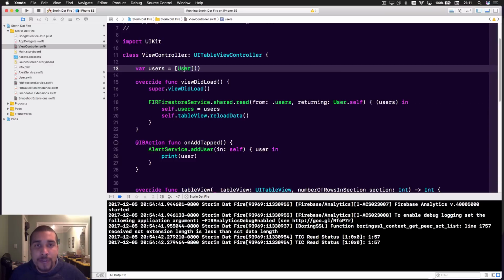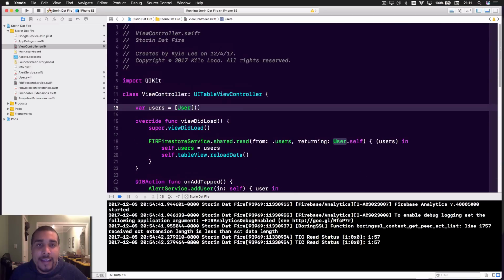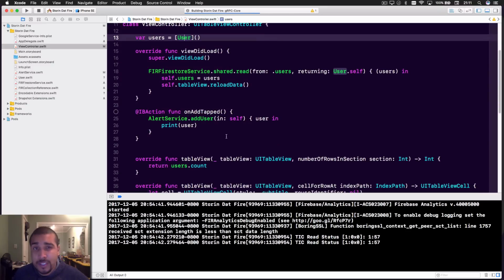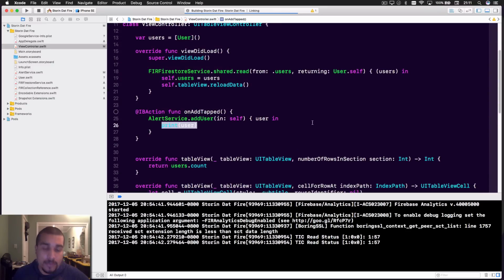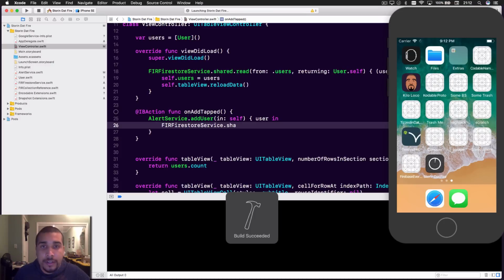We're going to pass those users right here, and then those users are being used throughout here, and that is how we're going to be able to see all this data come through all together right now. Now, while this runs, because it might take a little while, because we just did some super complex stuff, what we can do is start writing our add. So let's go ahead and do our Firestore service dot shared dot